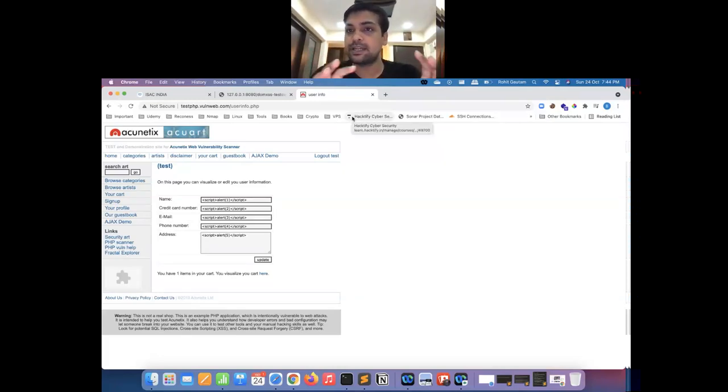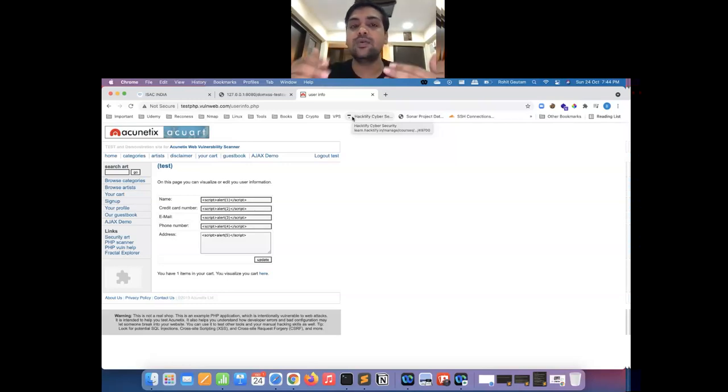I have seen a lot of people getting confused in DOM XSS, maybe because generally DOM XSS is not identified very quickly in the wild on web applications. This is because of the intrinsic quality of DOM XSS, that we have to read the JavaScript code and understand what is the vulnerable source and sink provided. Hence a lot of people just avoid DOM XSS, but it is really a dangerous vulnerability.